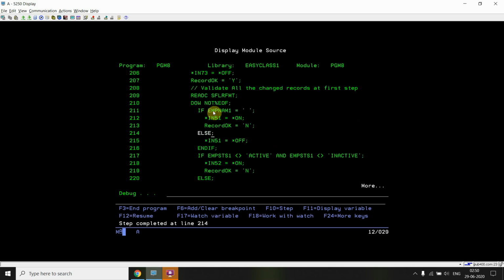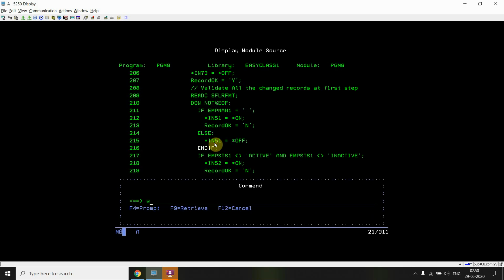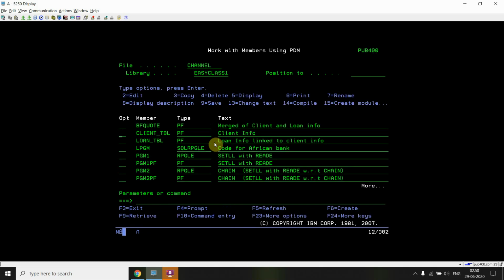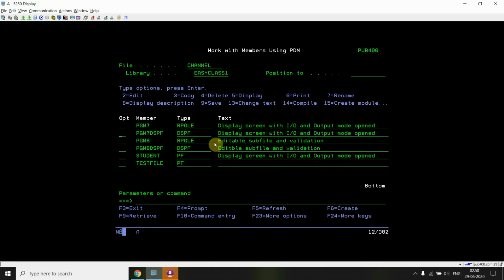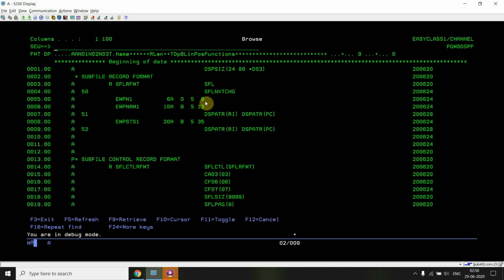So currently we are assuming that the record is OK, so we don't have any error records. Now it will check if employee name is blank. No, so it will be setting indicator 51 as off. Indicator 51 is this one.